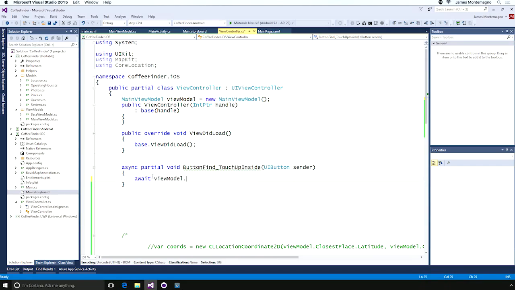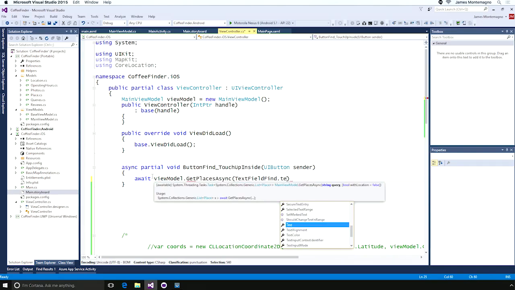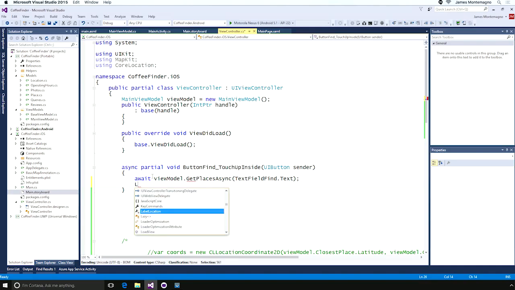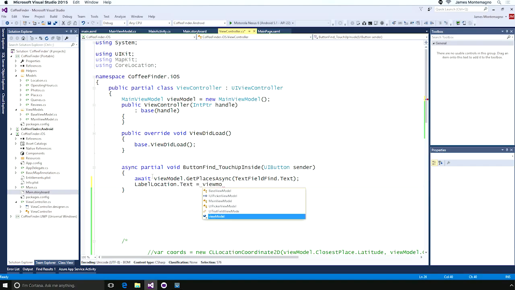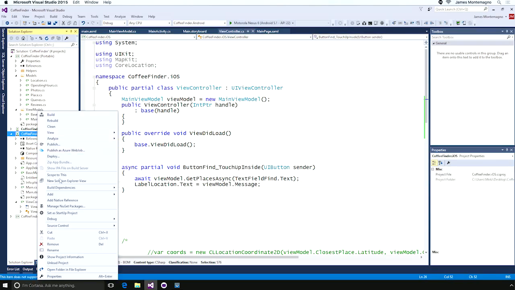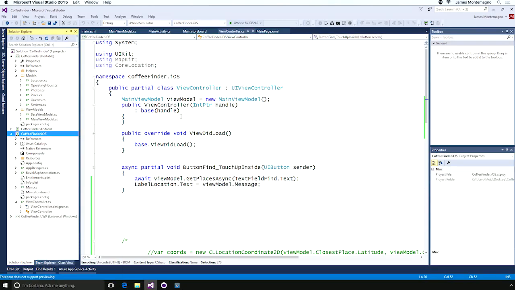View model.get places async. We'll say text field find.text. And then we'll say label location.text equals view model.message. There we go. It's only 2 lines of code that we have on our code behind, and the rest is handled in the shared logic. So let's go ahead and set the iOS project as my startup, and we'll see I'm connected here